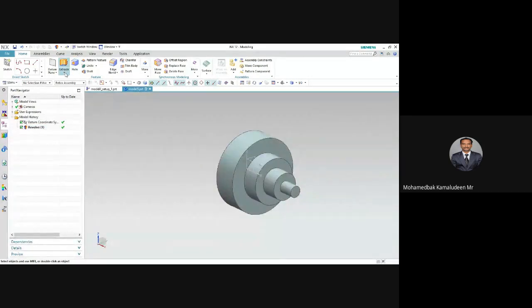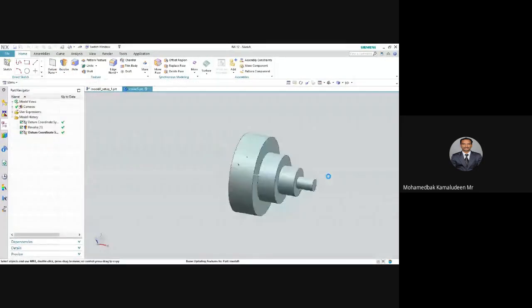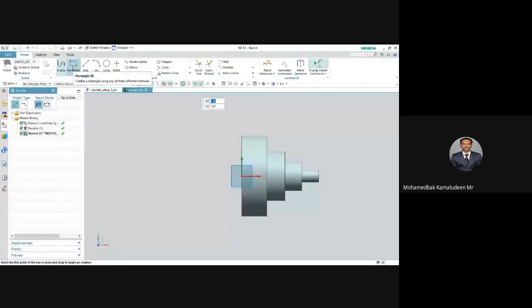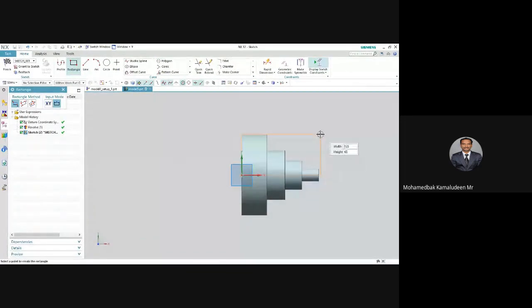Now I go to select the revolve again. Then I draw the circle for a hidden part component and finish the sketch.